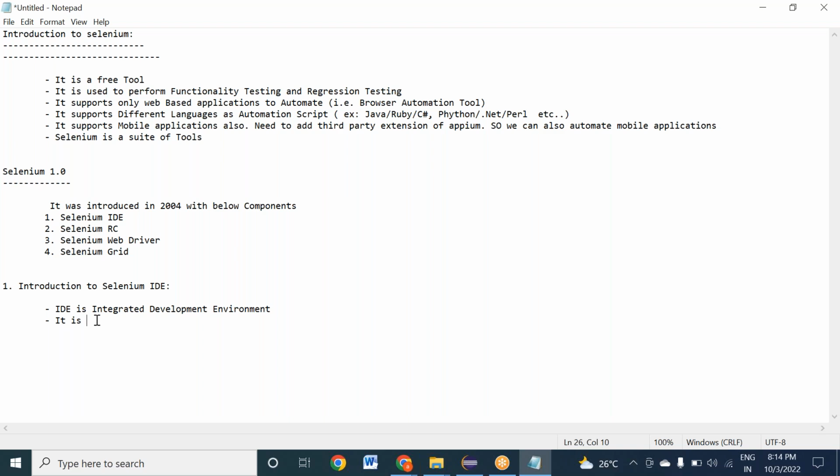It is an add-on for Firefox and Chrome browser. It only supports these two browsers. It will not support any other browsers. And one more thing is, it is only a record and playback tool. Recording here, in the sense, it will convert our actions or operations which we perform